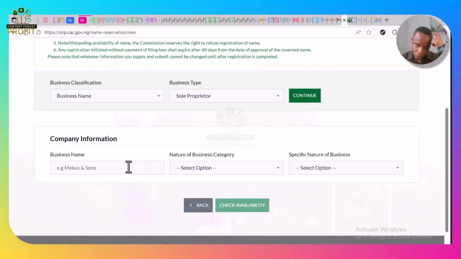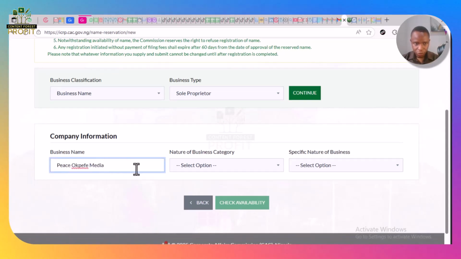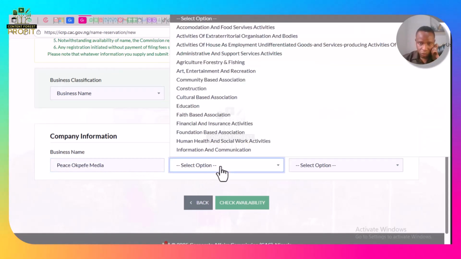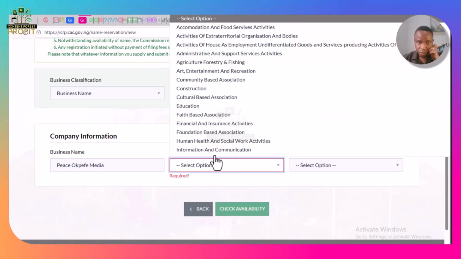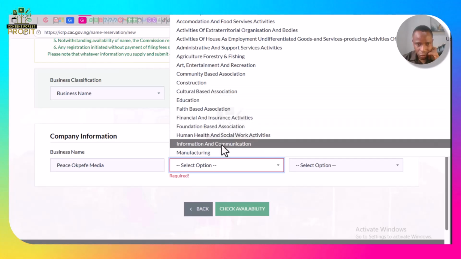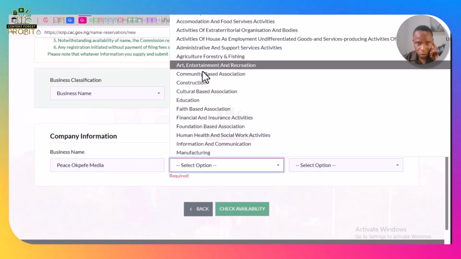So I'm going to put a name that my client has sent me here, and then we'll select this. So let me get the name. So I'm pasting the name, right? And then here I go to select, let me show you, the nature of business category, right? Nature of business category. Either we go for information and communication, because we're talking about media, or we go for